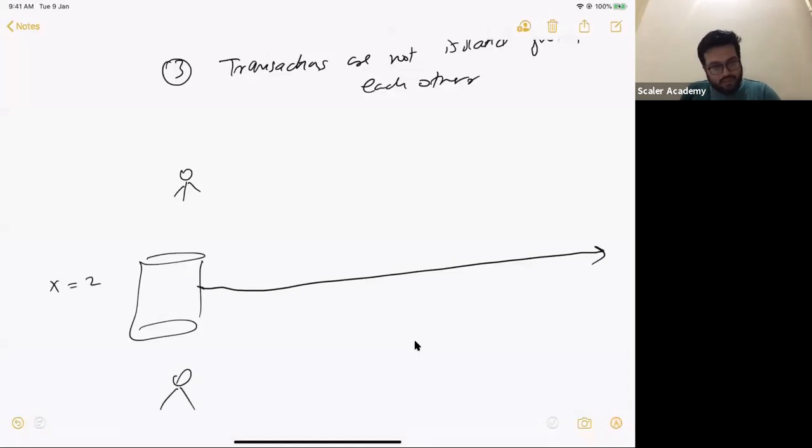Now this user wants to read that value. So what will it do? It will send a GET request. What is a GET request? It's a select request. Does that make sense, folks? So this user will send a GET request for get X. This request will take some time to process. Does it make sense? It will take some time to process. And then it will reply back to this user by saying that, hey man, the value of X is 2. Does that make sense?